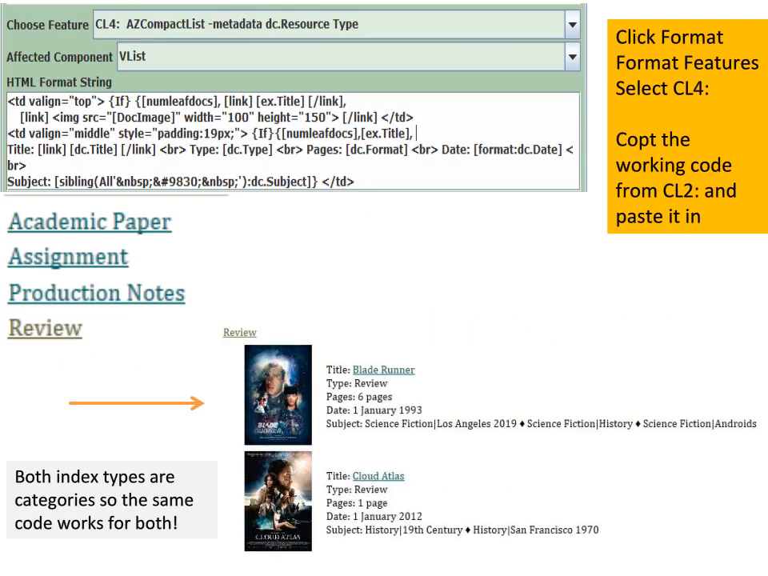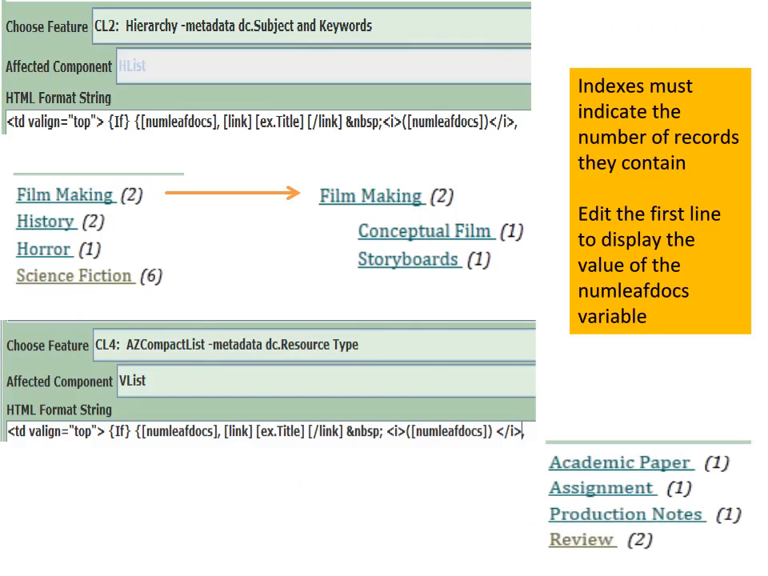Now off to our last index, which is CL4 AZ compact list type on the resource type. Because this is the same index type as our subject ones, yes, we can take the working code we've got from our subject index, copy it, and paste it into this one. Okay, now that we've previewed our type index and see it all works, there's one other detail we forgot to